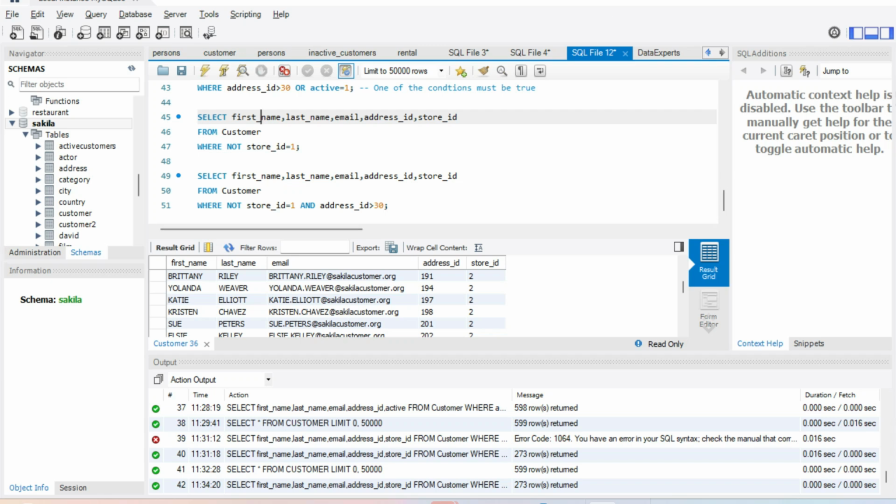So I want to combine AND and NOT, or just combine them together. Here now I'm saying: SELECT first_name, last_name, email, address_id, store_id FROM customer